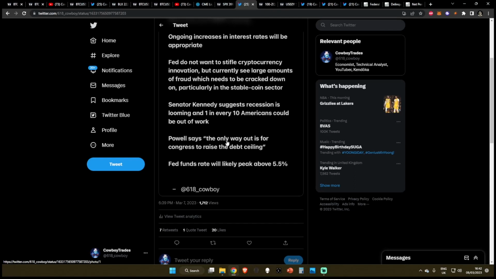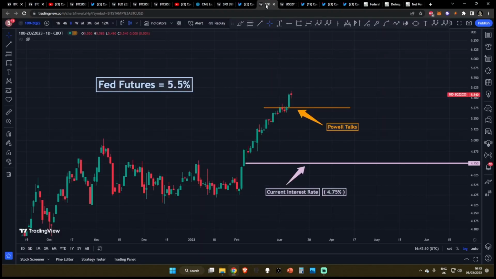Powell also said the only way out is for Congress to raise the debt ceiling, and he said that the Fed funds rate will likely peak above 5.5%, which is very interesting. If we do come over to the Fed futures right now, they're currently priced in just higher than 5.5%. You can see they're currently looking around about